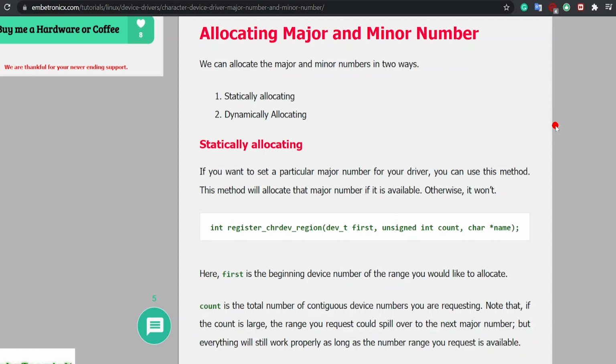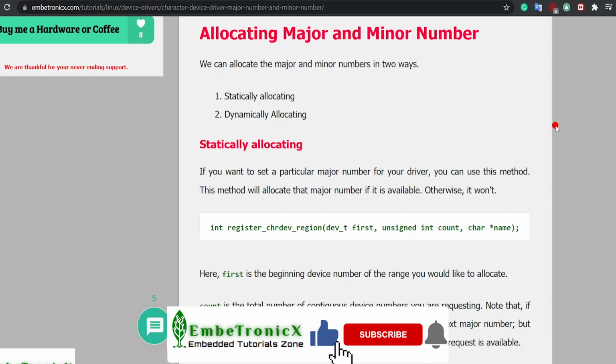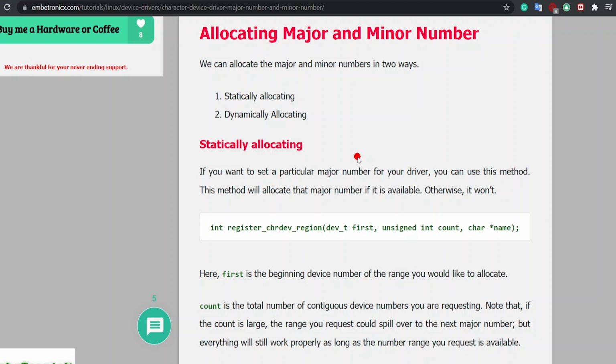How do we allocate the major and minor number? There are two ways. We can allocate statically or dynamically. Let's see the static allocation first. You can take any number and ask the kernel to assign that particular number to your driver. This is called static allocation. Using this register_chrdev_region function, you can ask for your major number.